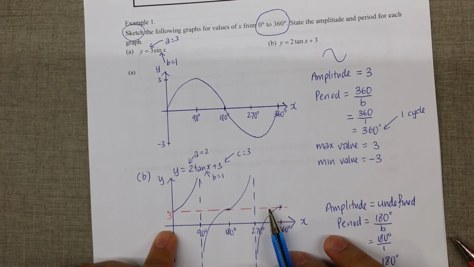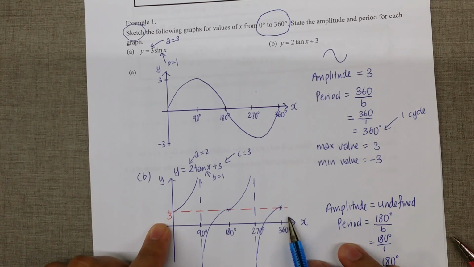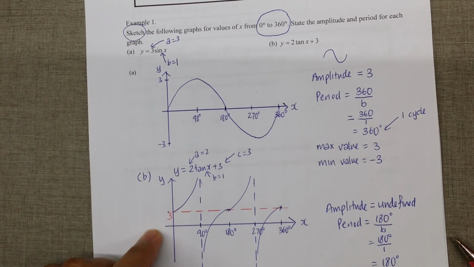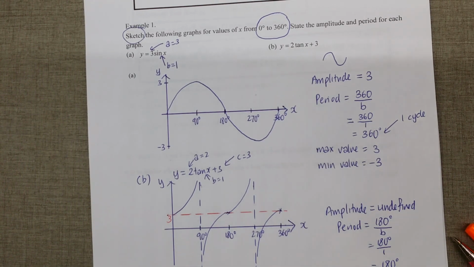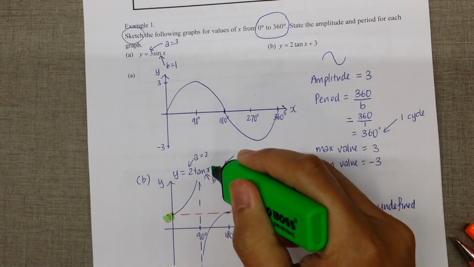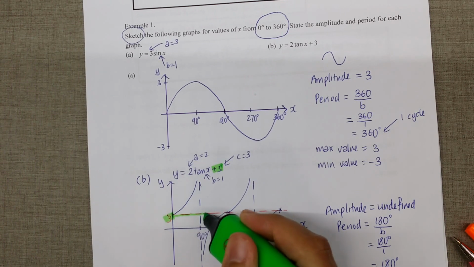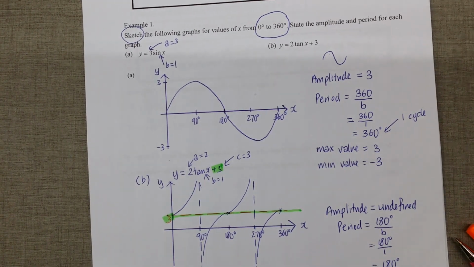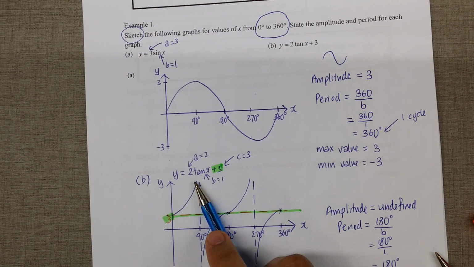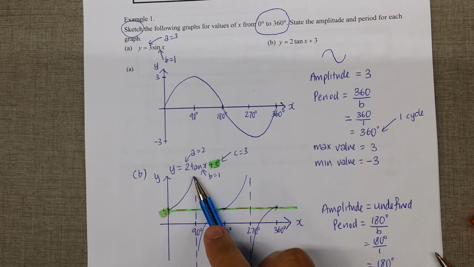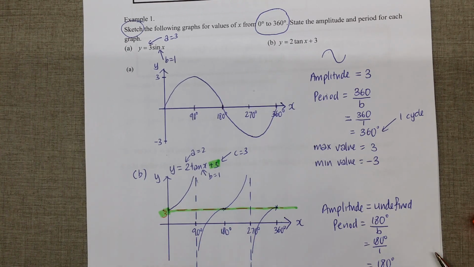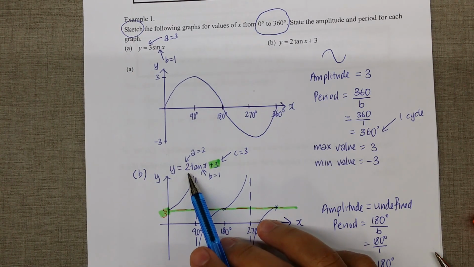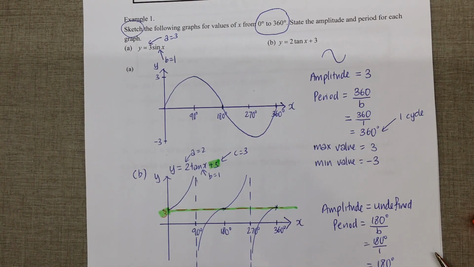So can you see, for this case, the important part is the graph is shifted up by 3 units. The graph is shifted up by 3 units because of the plus 3. The entire graph shifted up by 3 units. Okay? So how is this number 2 useful? Or how do you show this number 2? The only way to show the significance of this number 2 is this.